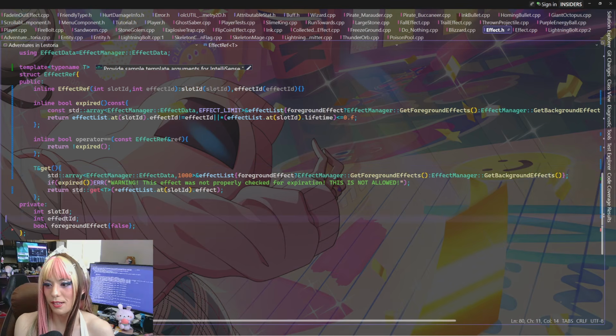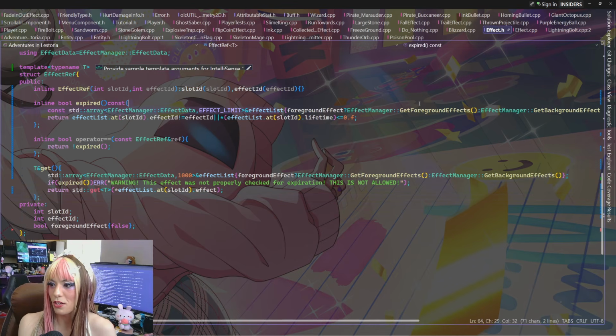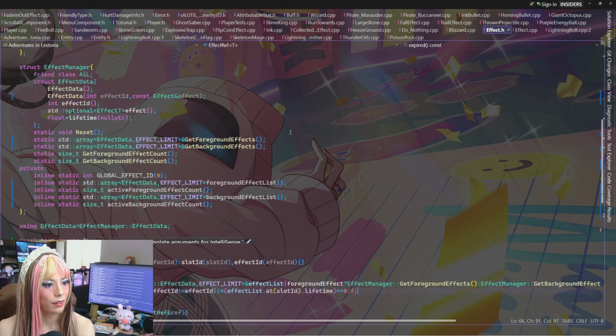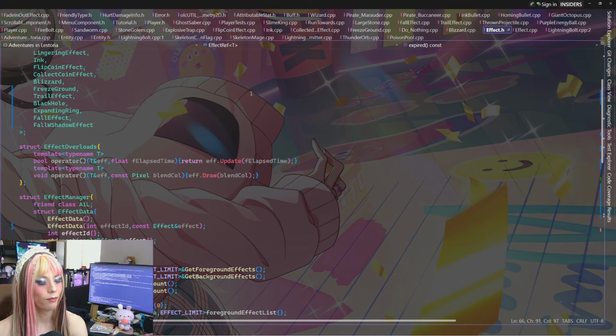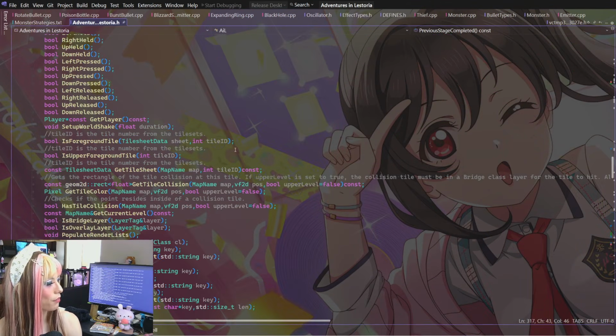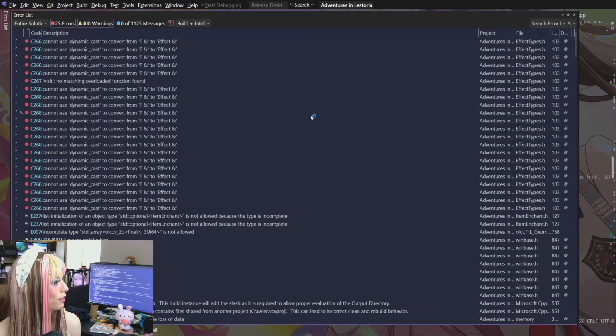It has a slot ID and effect ID, so it knows what slot into the array it should be accessing, and it's only valid if the effect ID still matches whatever is in the slot. That way we know if it expired or something. And that's pretty much it. But yeah, I purposely made it so the only way we can get access to an effect reference is through adding an effect. That way we don't just...